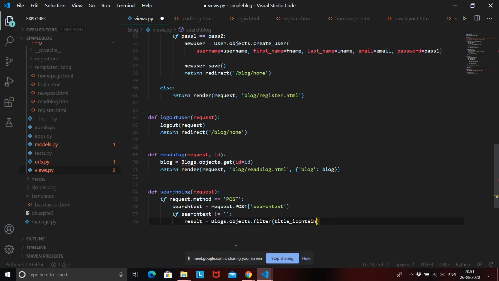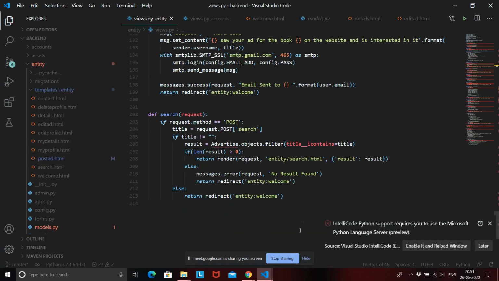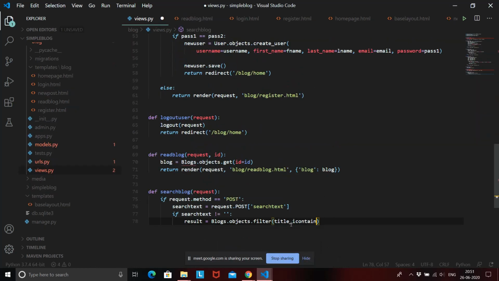Okay, so if I spelled it correctly, yeah, it is icontains. So icontains equal to, so what do we have to check? If the title contains your search text, then return that into your result. Okay, so this is how we search for a particular blog in Django.